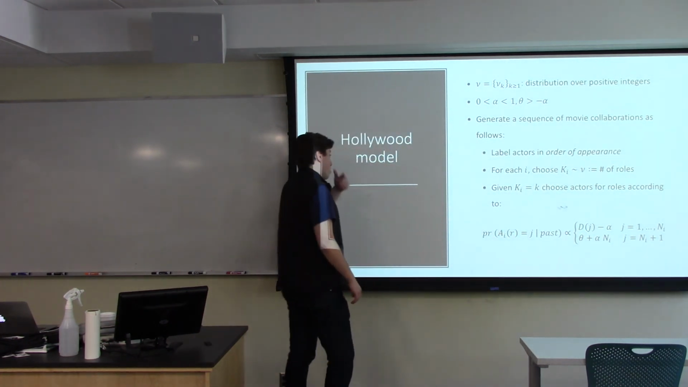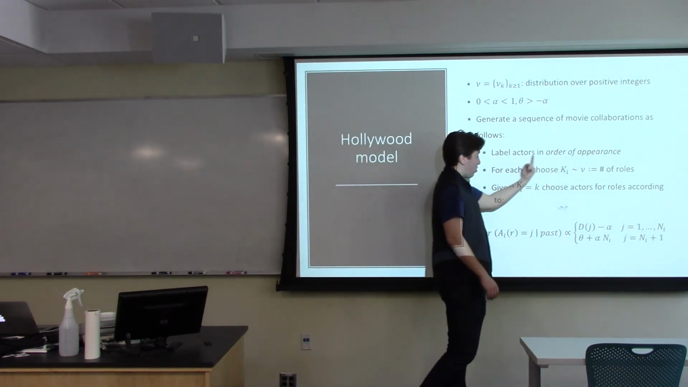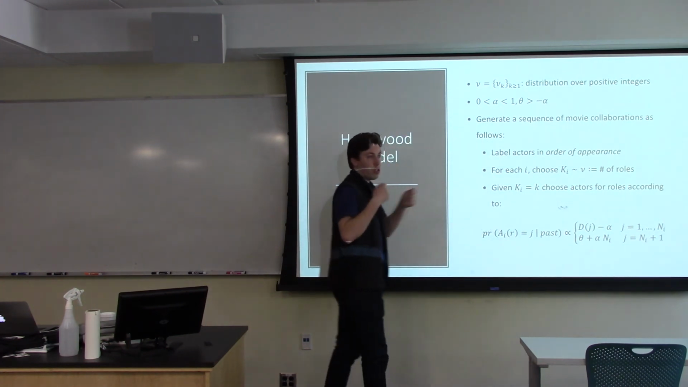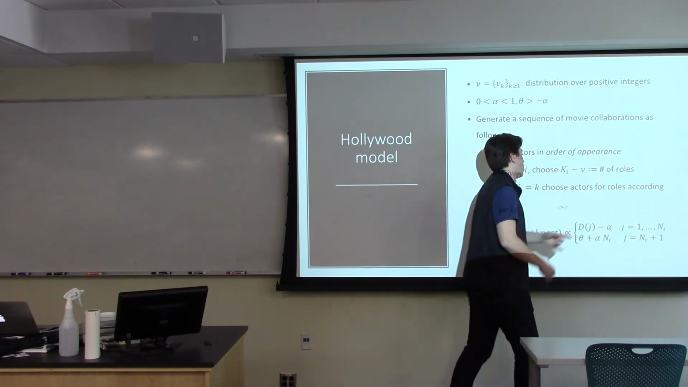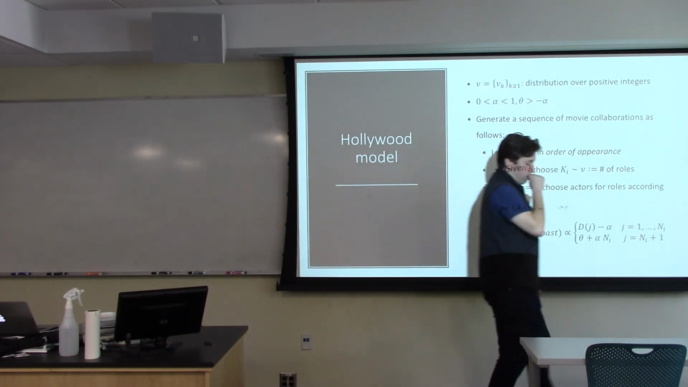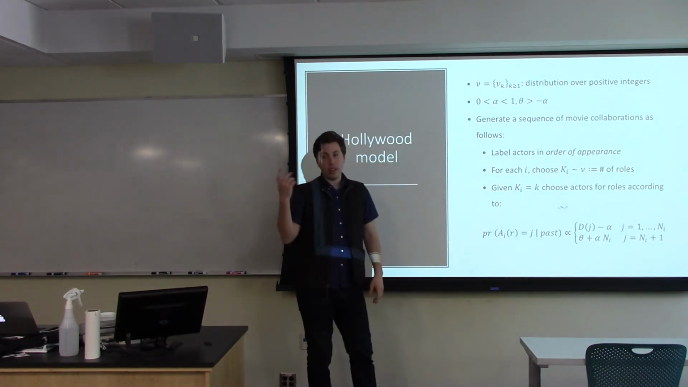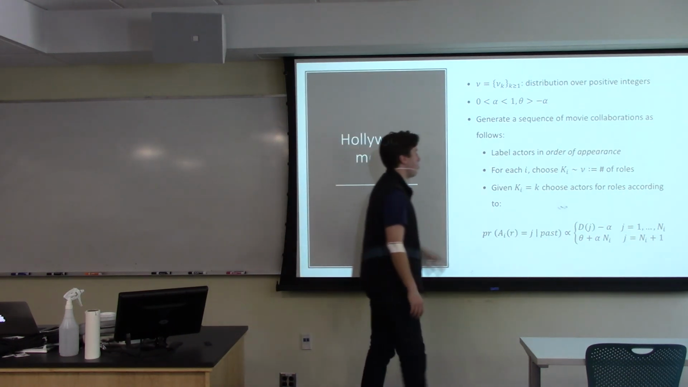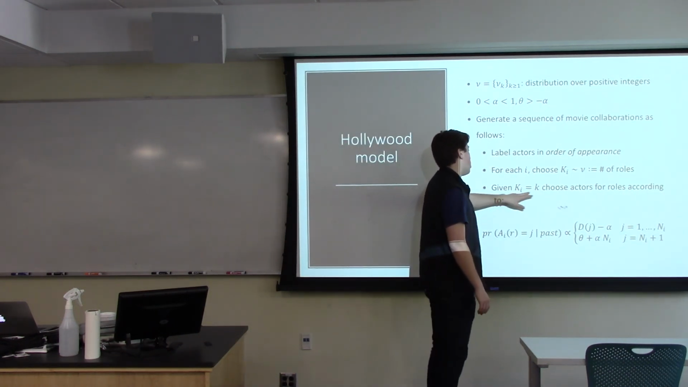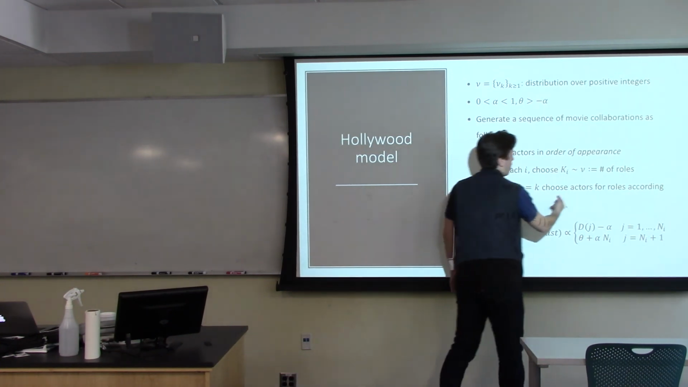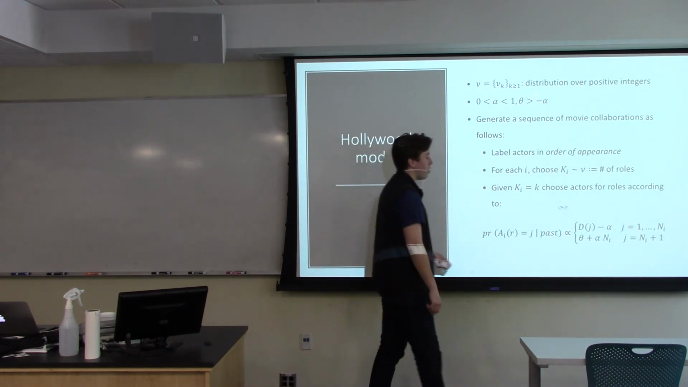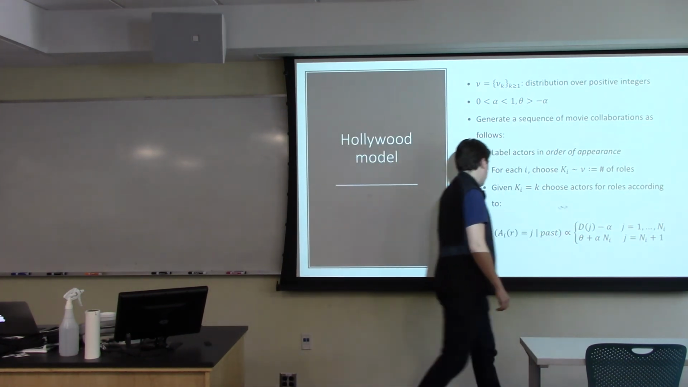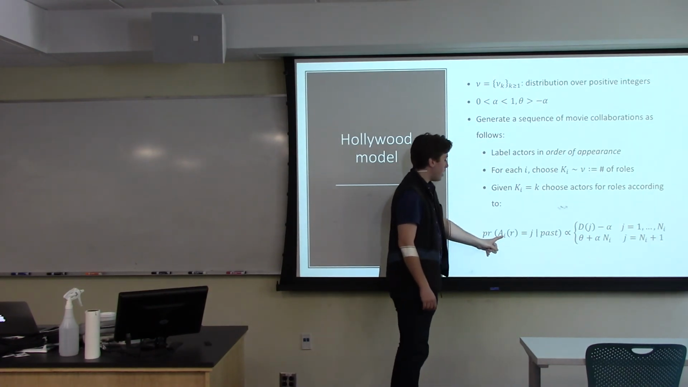And we generate the movies in the following way. And we label actors in order of appearance. This is just so we can distinguish among the actors. For each i, you choose the size of the movie, or in this case, it's the number of roles, because the actors can appear in multiple roles, so that's a minor issue. Given k_i equals k, so I've already decided on the number of roles, I choose actors according to the following rule. And if you're familiar with a Chinese restaurant style process, this is very similar. So the idea here is the probability that the actor is going to be